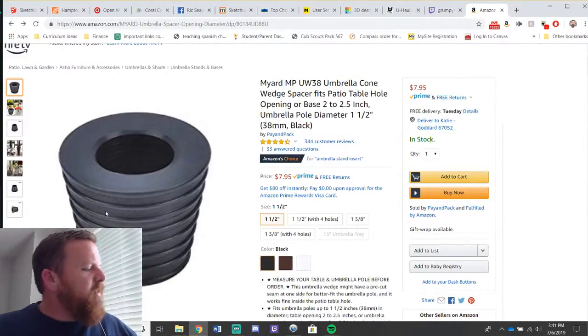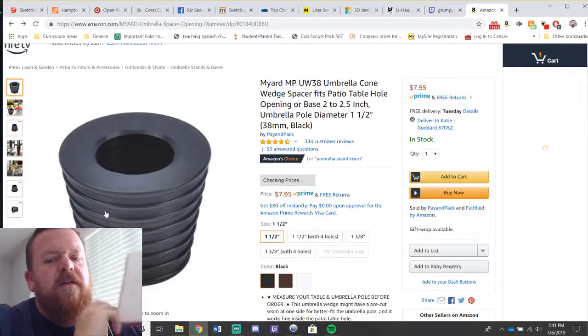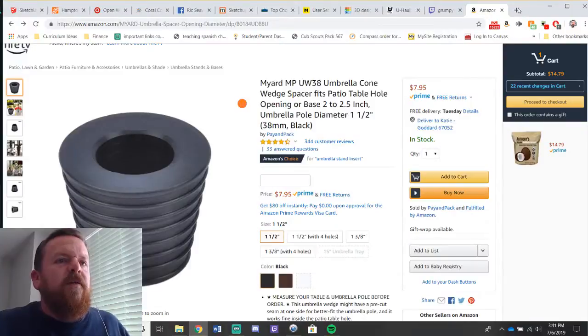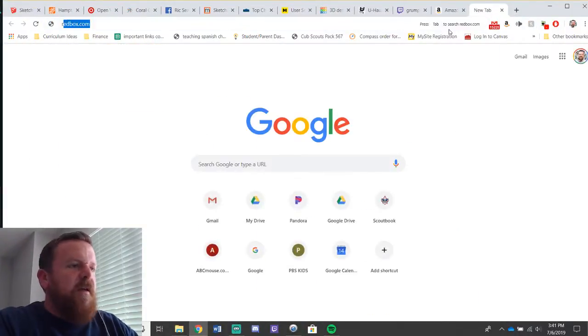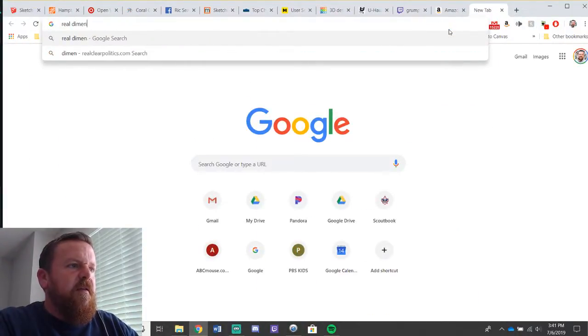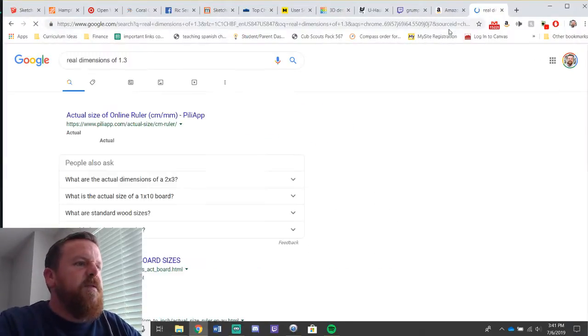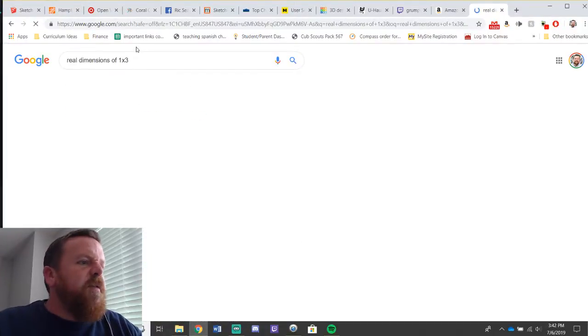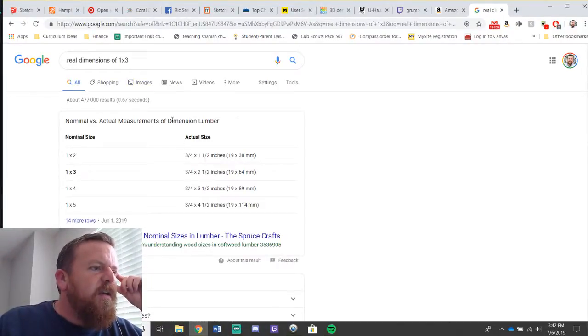So then if I go like this, if these are 2x, but they're not 2x3, or 1x3. So the real dimensions of a 1x3, nominal versus actual. Okay. So 1x3 is actually 3/4 by 2.5.